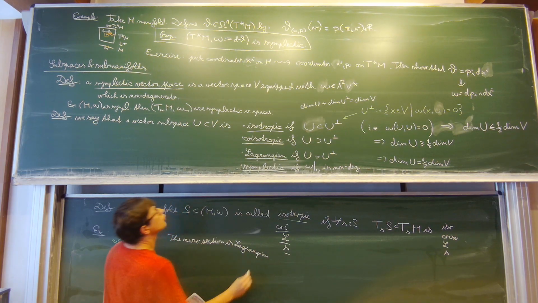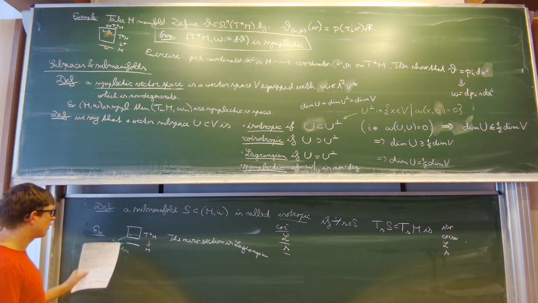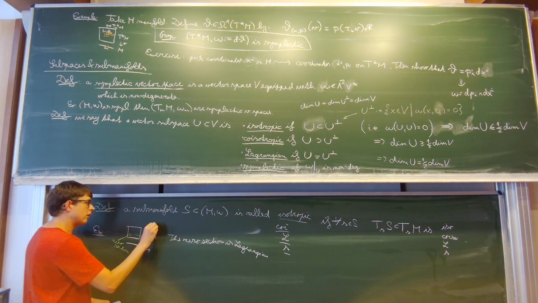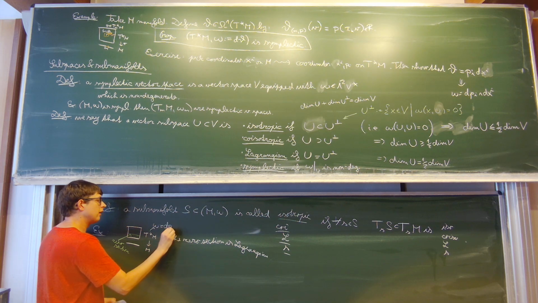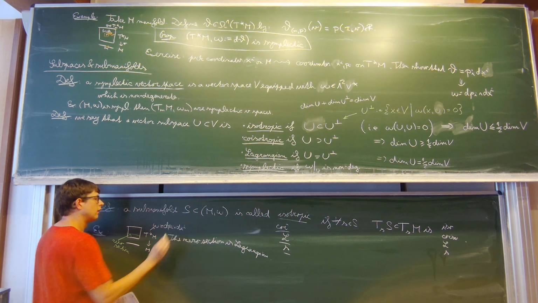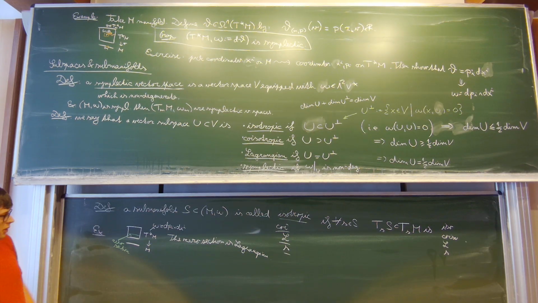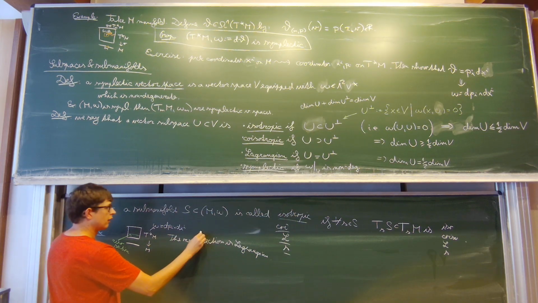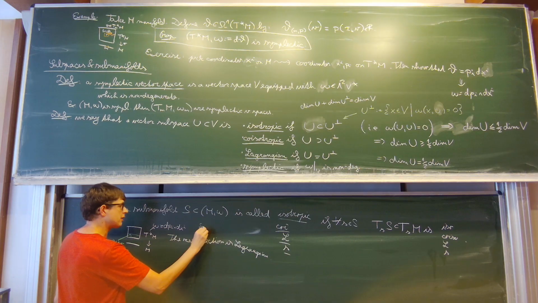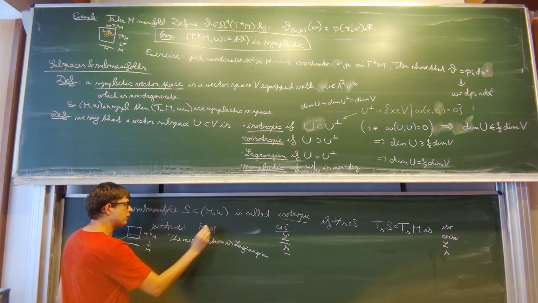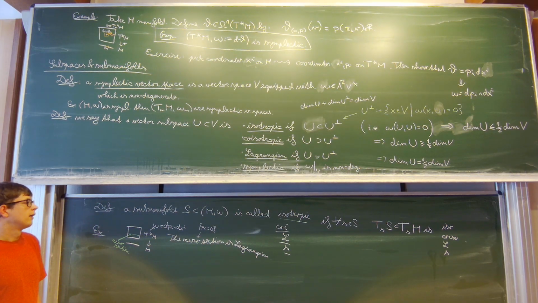And an easy way to see that would be to use the thing I erased. So we know that the symplectic form here really looks like dp ∧ dx. And the 0 section in those coordinates would just correspond to setting the p's to 0. So the 0 section would be, in other words, the subset where we set all the p's to 0. And hence,